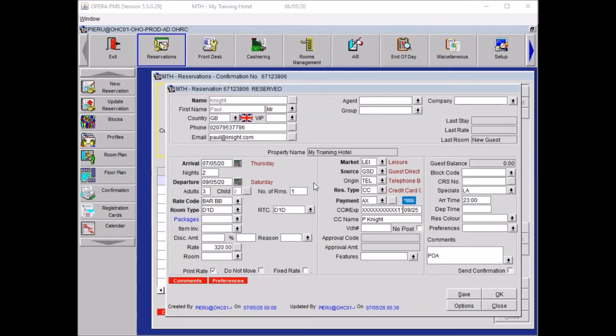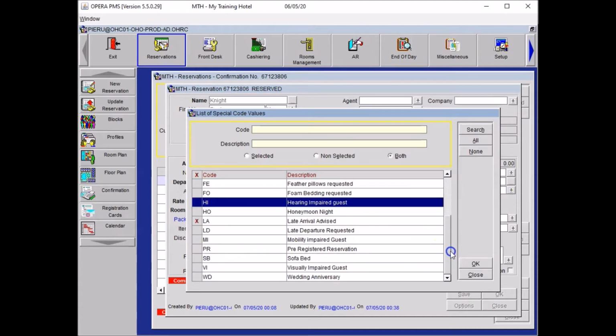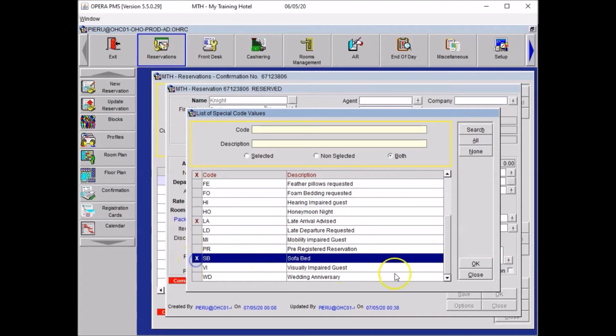Your guest requested an extra bed for the 3rd guest. So if it was a king junior suite, a twin executive, or queen executive, we would have created an extra bed request as I have shown you in exercise number 2. However, because it's a double deluxe, as you can see, there is a sofa inside. So we want the housekeeping department to open the sofa bed. To do so, go to Specials, click on the drop-down menu, go down your list, select sofa bed, press OK.